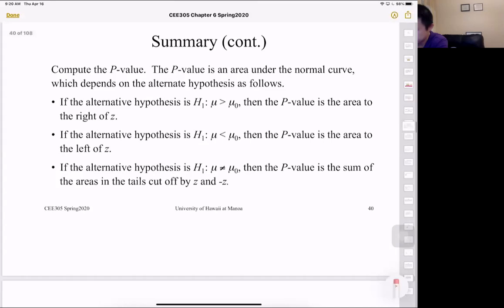Then we calculate the p-value. The p-value is the area underneath a normal curve, based on a z table, depending on how H1 is stated. If H1 is mu larger than mu 0, then the p-value will be the area to the right of z,